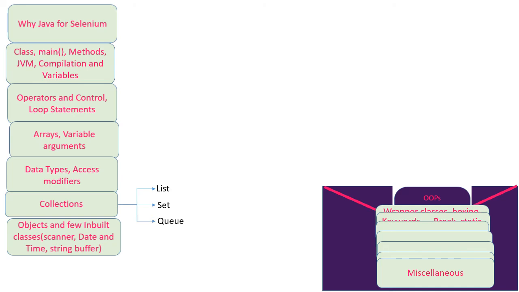The next video is going to cover objects, what objects are, and a few inbuilt classes. We have classes, and the classes can be user defined, and there are also classes which come with Java by default. We are going to learn some default or inbuilt classes that are available with Java, such as the scanner class, date and time class, string buffer class, and a few more, which we are going to discuss in detail in the third video. This again takes us closer to the object oriented programming concept.